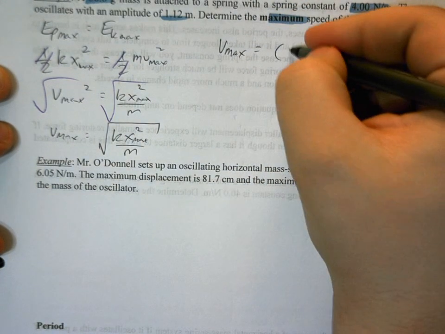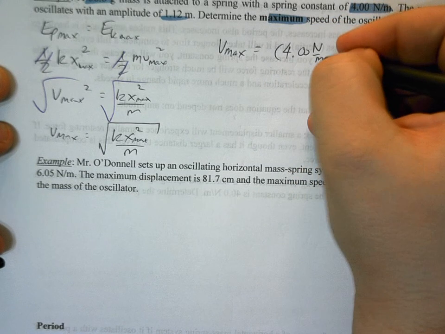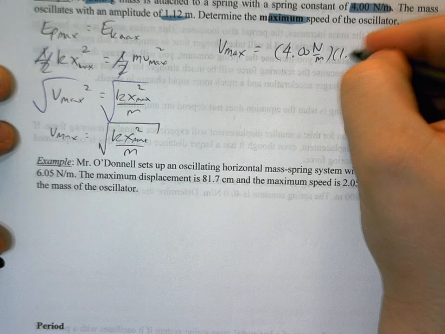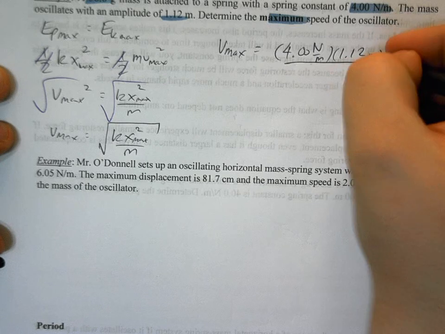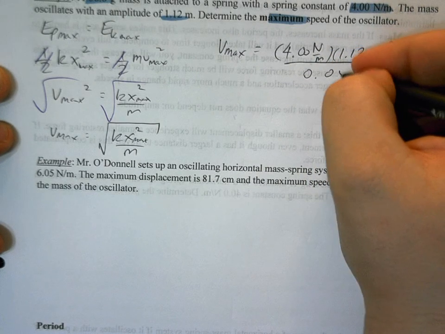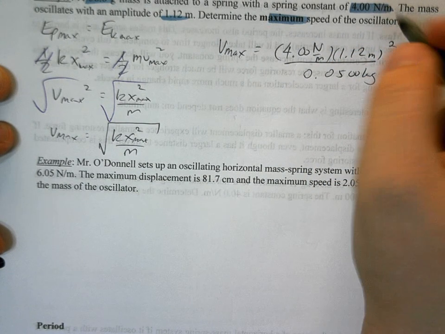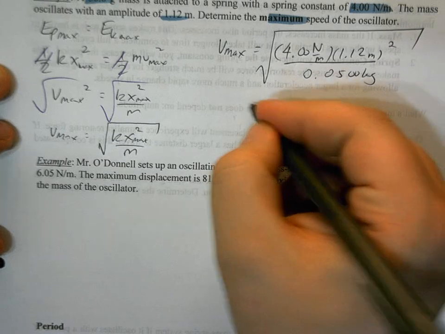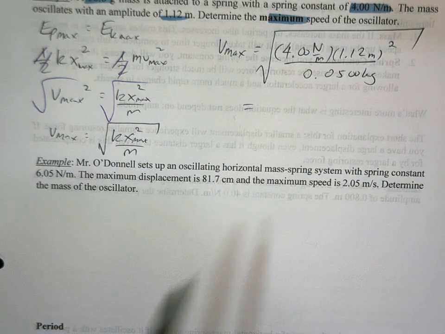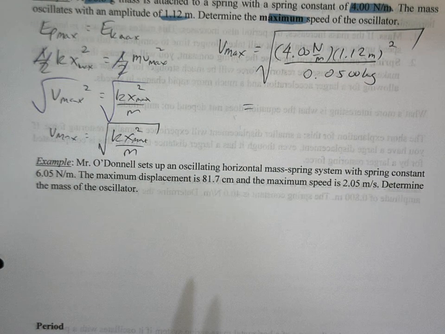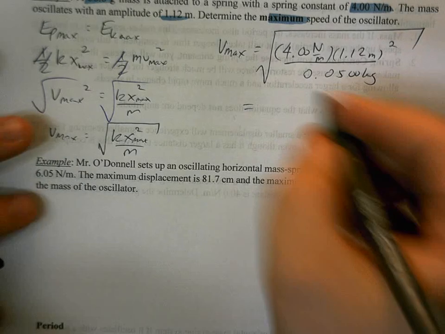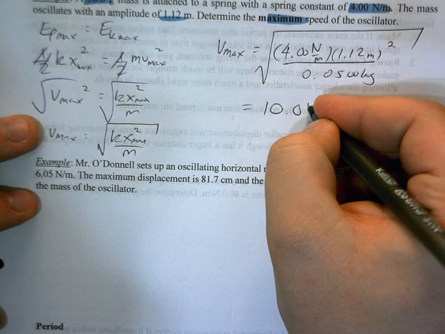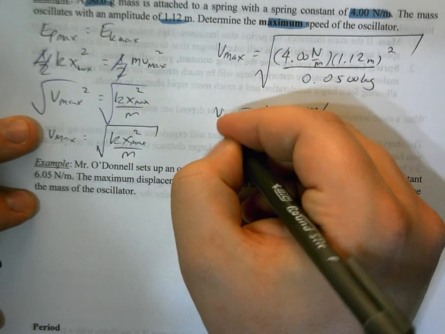So the maximum speed of this oscillator: we have this spring constant of 4 newtons per meter. We're going to multiply it by this amplitude and square it. And then we're going to divide this by a mass of 0.0500 kilograms. And then we'll square root that lovely thing. Don't forget the square root. That is what gets people on these questions all the time. So don't fall victim to that one, please. This oscillator is going to travel with a nice speed of 10 meters per second,